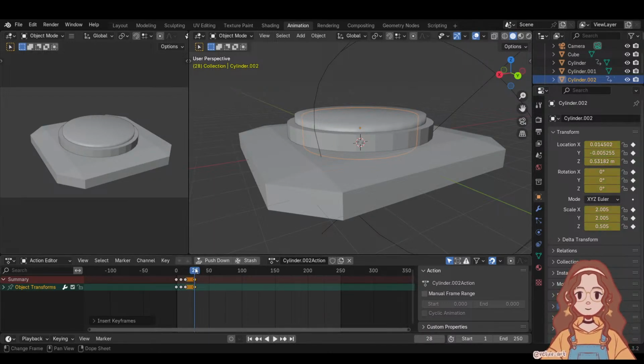Insert keyframes, and then we go to here, duplicate,